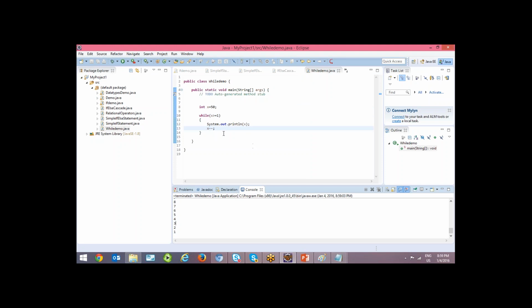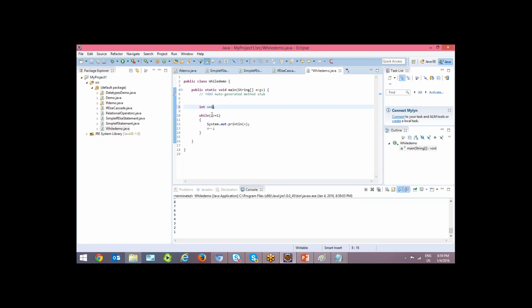And now here I will be doing some small change. I wanted to print a mathematical table, with x starting at 1 and less than or equal to 10. I would like to print the fifth table. I can simply say 5 into x, then equal to 5 into x.